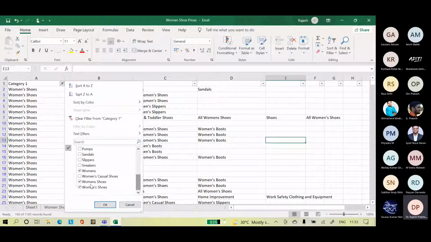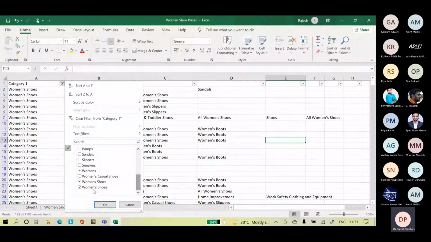But what should we do with these 3 categories: women's shoes and women's shoes? Because if you look at the other categorizations: athletic shoes, babies and kids, boat shoes, boots, clogs, clothing, flats, loafers, men's shoes, Oxford, sandals, slippers, sneakers. Now we will take women's casual shoes as a category. Now I have to decide what I should do with women's shoes and women's shoes. Now I will create a separate column where we will have a common value called women's shoes. That's a different umbrella category we will do.